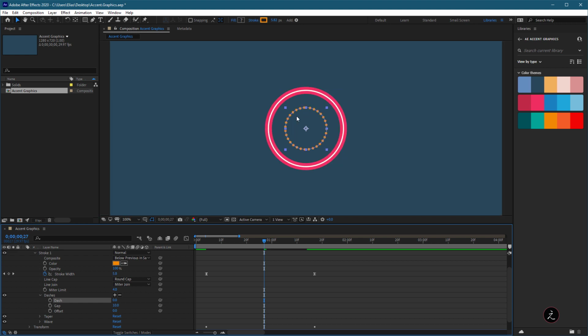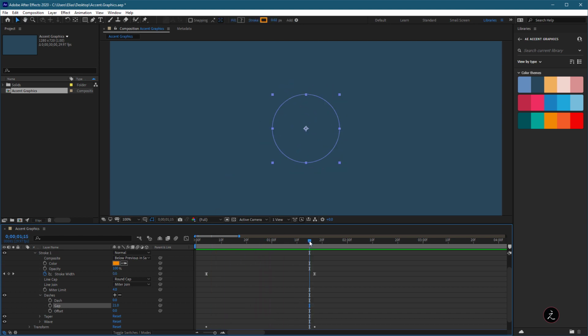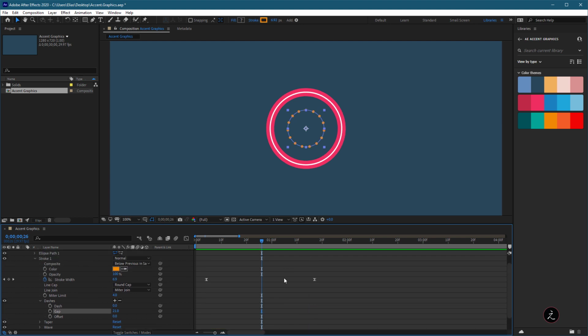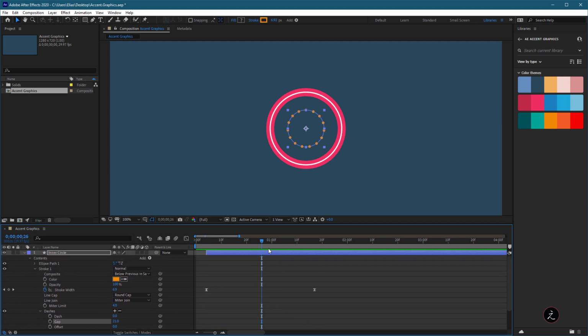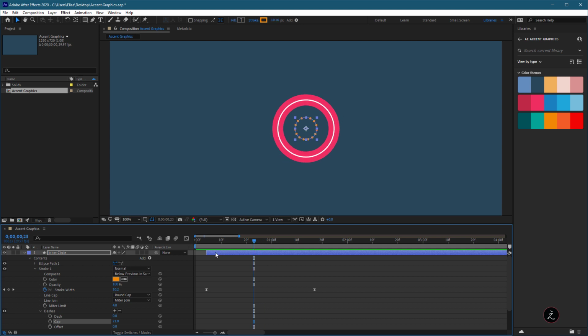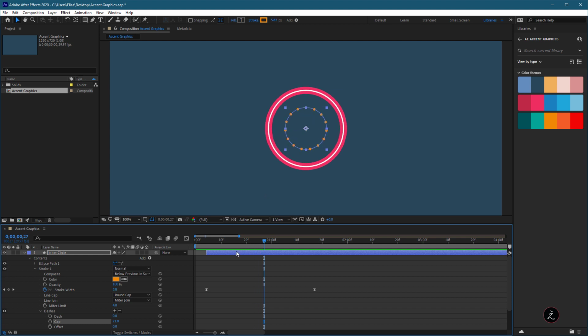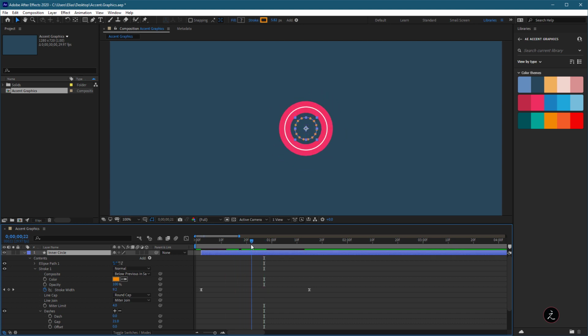Problem is, there are way too many dots here. So I'm going to increase the gap, right, to perhaps 21. Let's see. There we go. It looks good, right? But what else can we do here? Let's see. If I was to move the whole thing, you see, offset this a little bit less, I can have this circle to appear a little faster there. See that? That's one thing I can do.